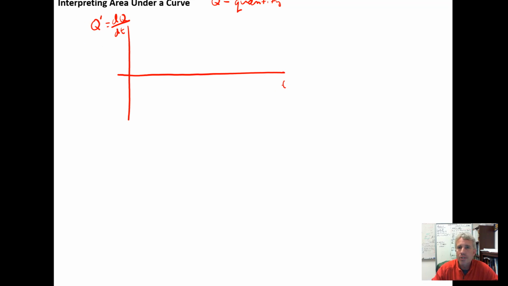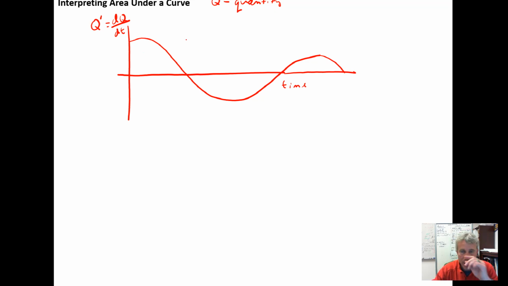And down here I have the time axis, and the time units can be whatever you want them to be. So if I have the curve Q prime, which is just going to be some function, here's my curve Q prime. What I can ask is, what does the area between the curve and the input or time axis represent? And what we want to remember is, if we're integrating over some closed interval, say from A to B,